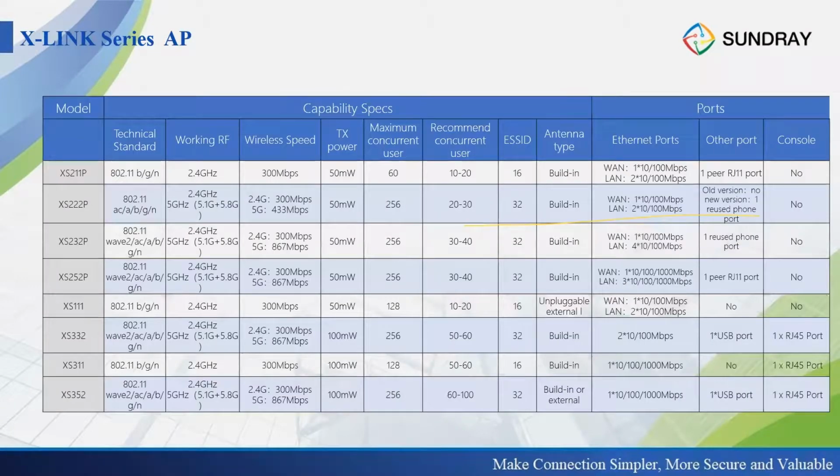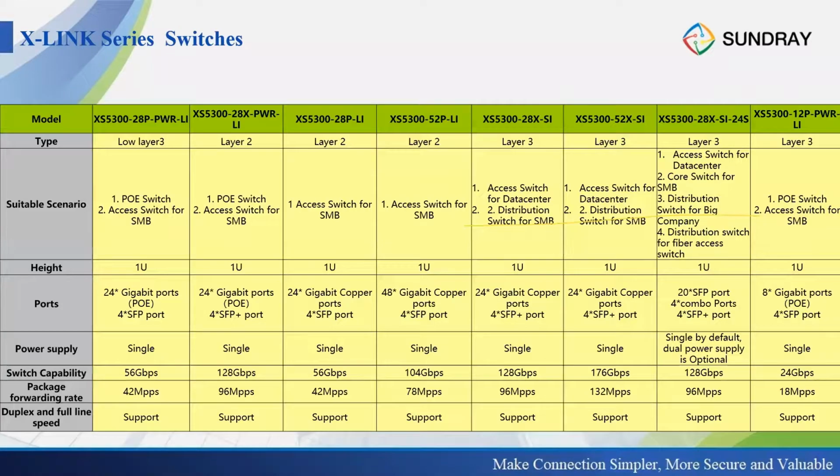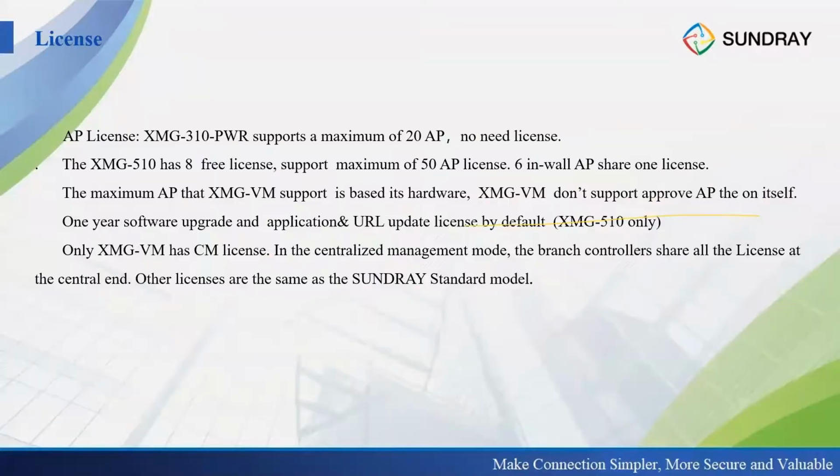So this is the sizing table for these Charlie APs. You can see the concurrent users, frequencies, speed, and also the sizing of switches: access switches, layer 2 switches, and layer 3 core switches for small SMB scenarios. Also for licenses, for this